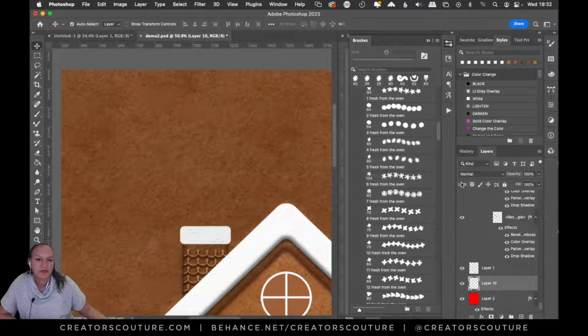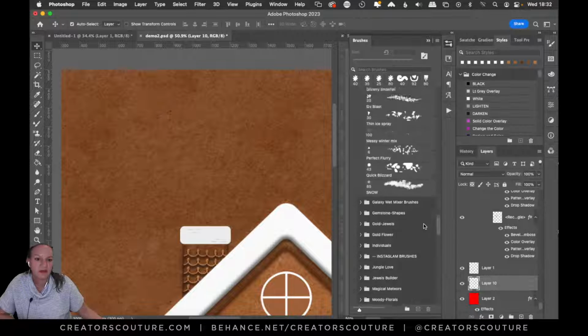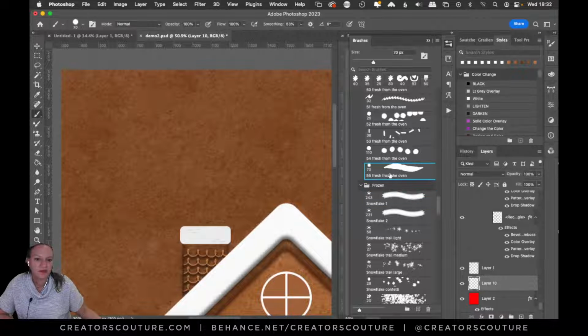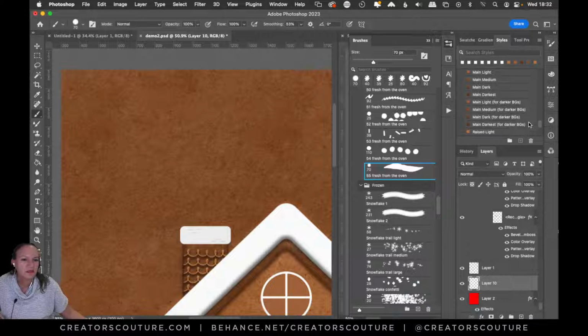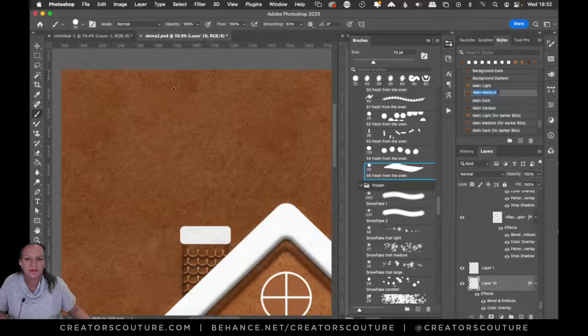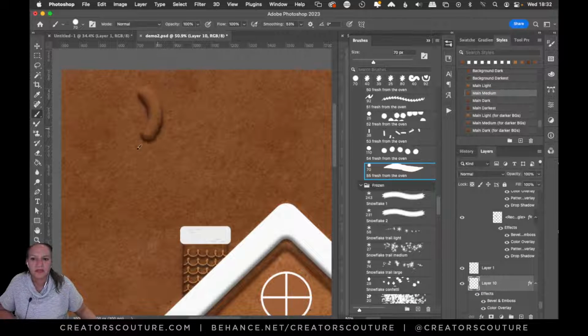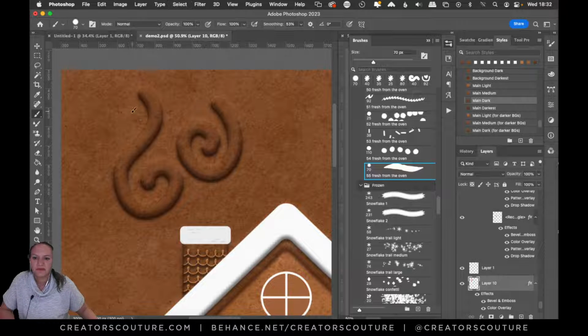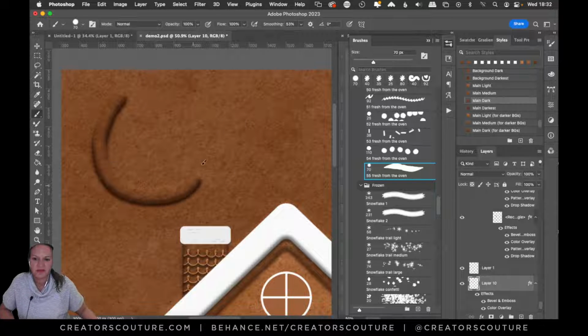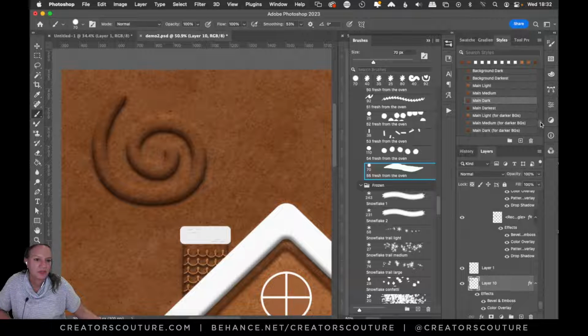I'm going to show you some of what I'll do on the background. I grab just a basic brush here, like that. And then let's go to my styles panel. So this is main, medium. I like to apply this medium on medium, so you can create some raised sort of effects. I think that's a bit fun for the background, doing that gingerbread like this, but you can also do